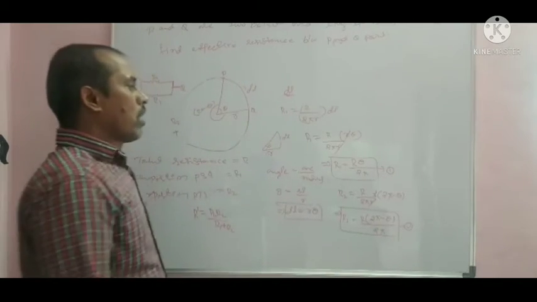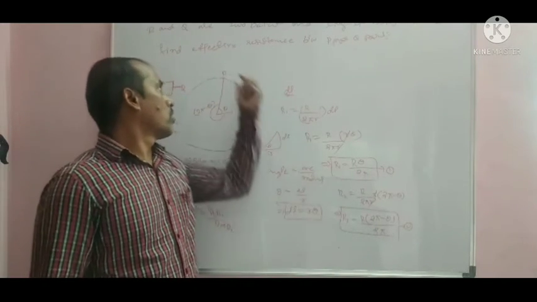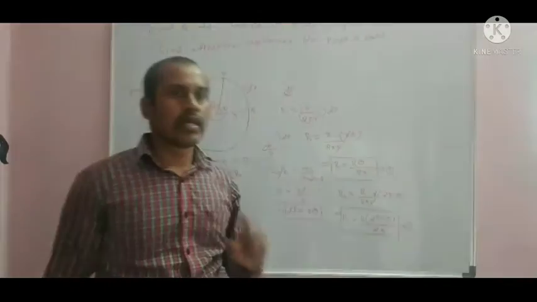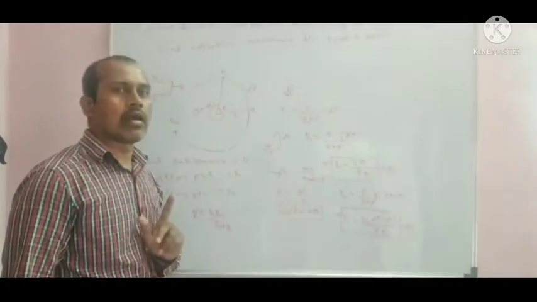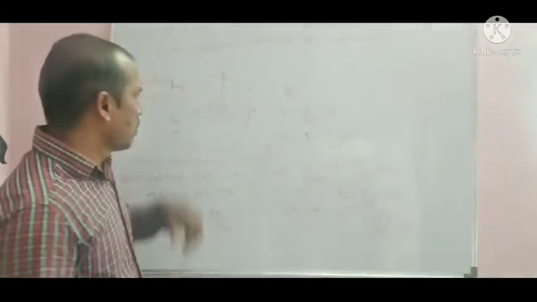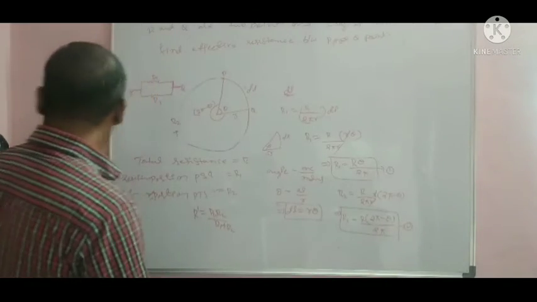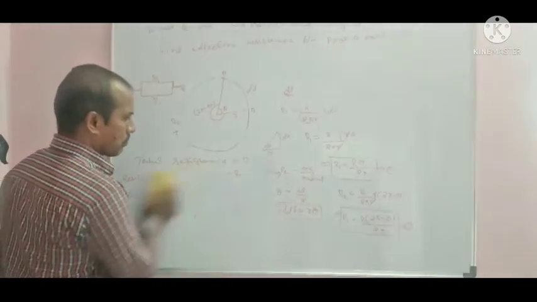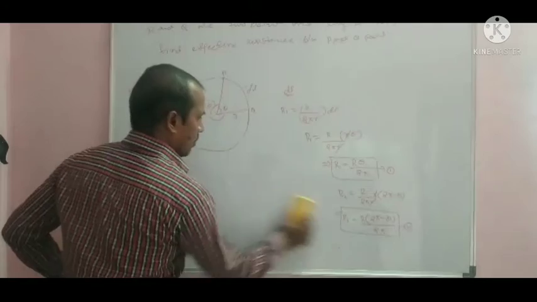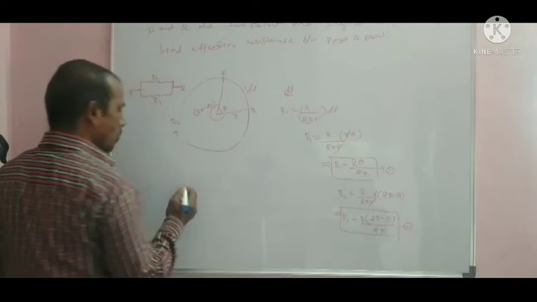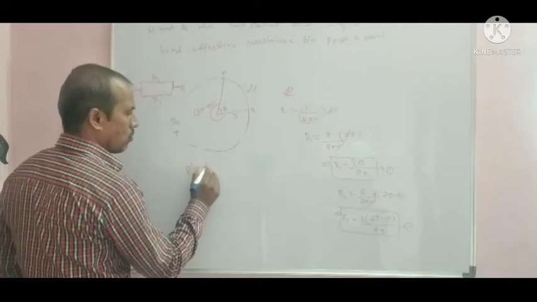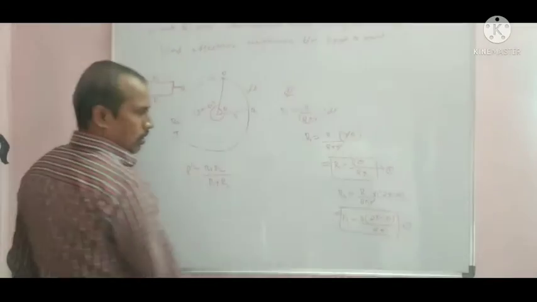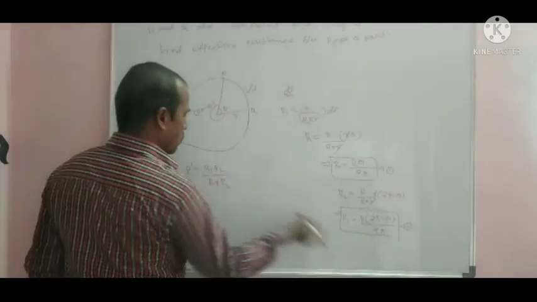Now equation 1 and equation 2, that means the resistance of the portion PSQ and the resistance of the portion PTQ are in parallel combination. So find the effective resistance in the given ring. This is a note. Effective resistance r prime is equal to r1 r2 by r1 plus r2. R1 and R2 values substituting in this equation.